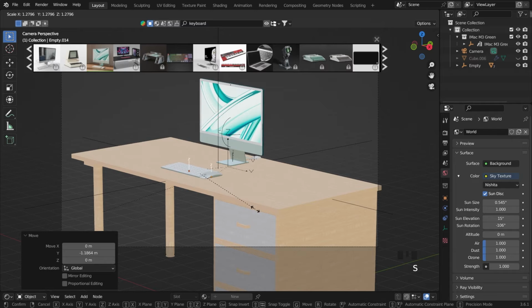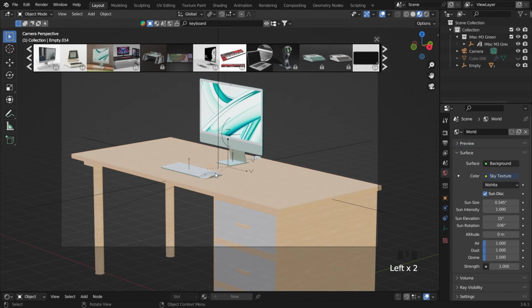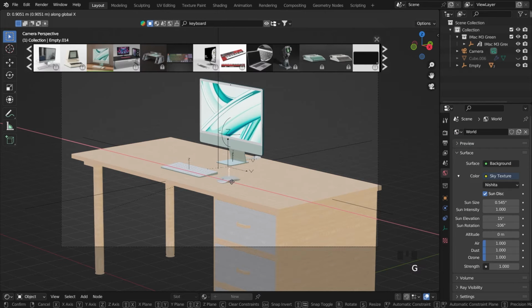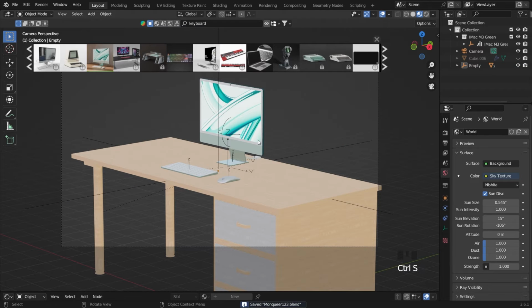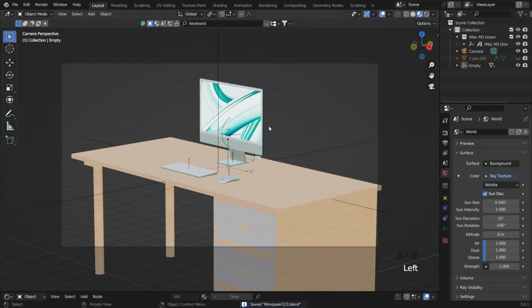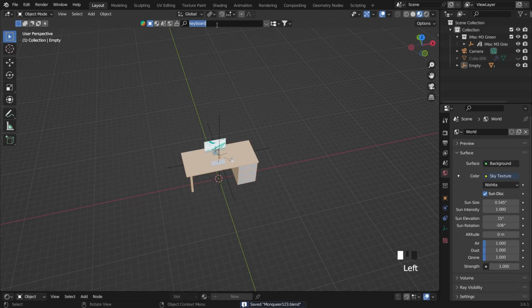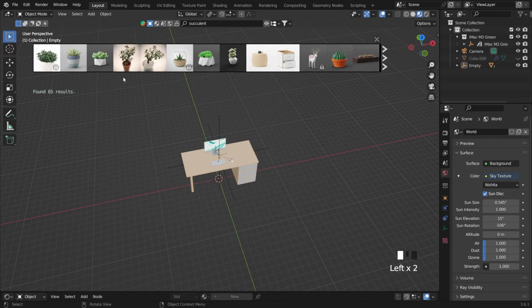We can try to make it a little bit bigger, and also this mouse we can move it into the right side like that. That's cool. So we can save this file, and we have this object. And one more that I want to use here, just a command, and I want to move it there. We can try to put it on this one, or maybe this,